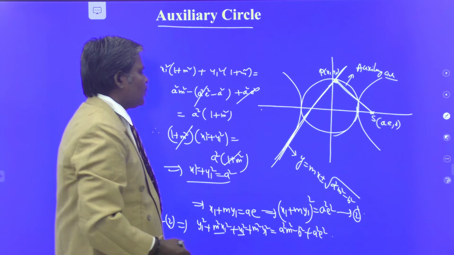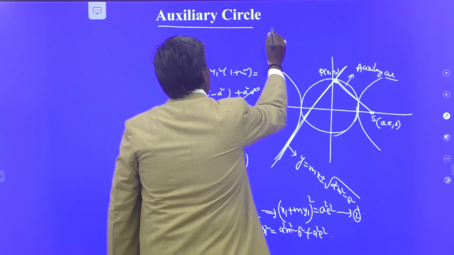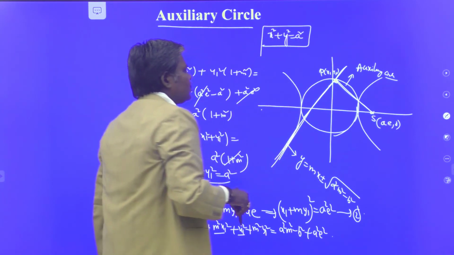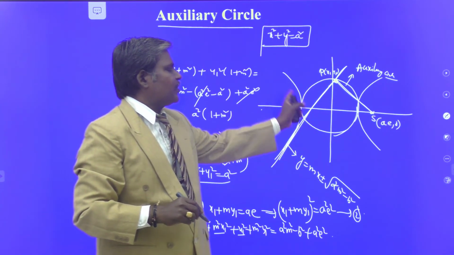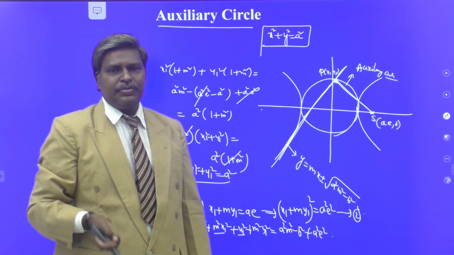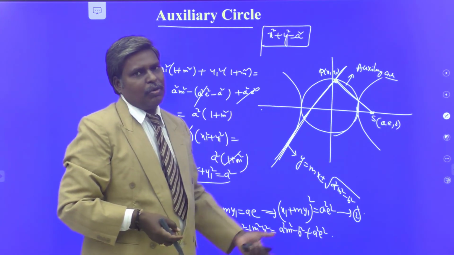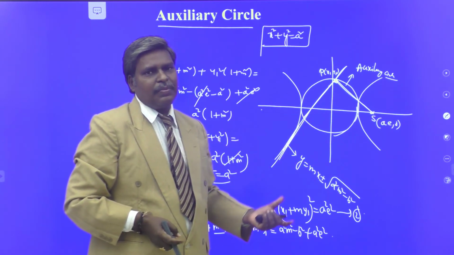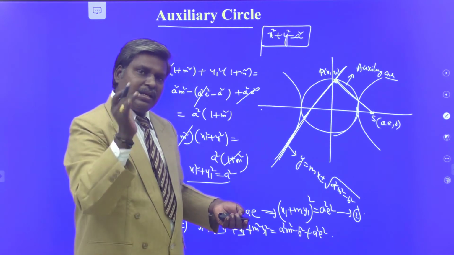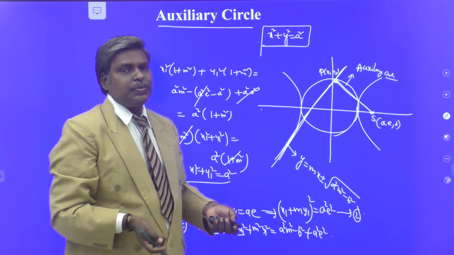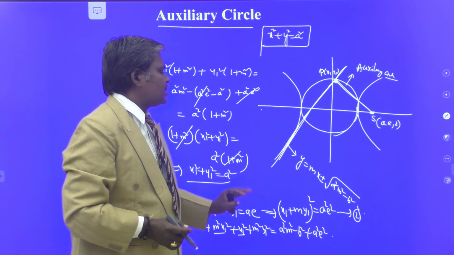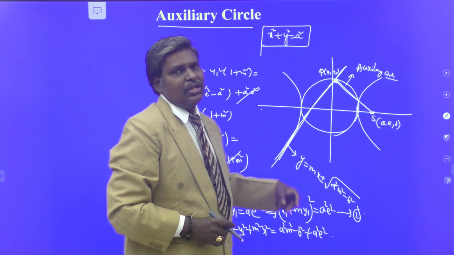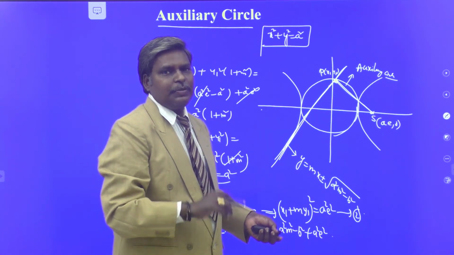Therefore, the locus of x1, y1 is what? X square plus y square is equal to a square. This is the locus of the foot of perpendicular drawn from focus to any tangent of the ellipse, as well as here hyperbola. So, the locus of foot of perpendicular drawn from focus to any tangent of hyperbola is its auxiliary circle. It is the same definition in the ellipse chapter also. Both are very similar derivations. Instead of minus b square, you just write plus b square. You get the entire derivation in the ellipse chapter.